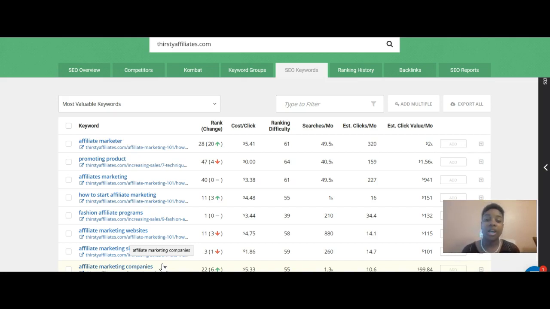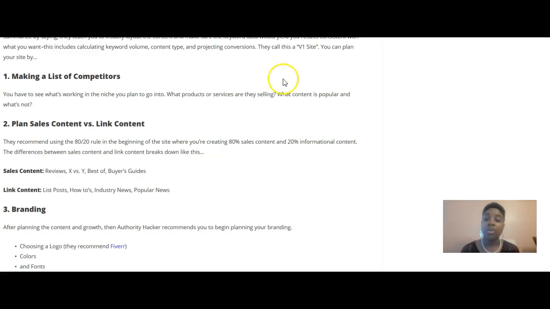All of this can help us to really build out a site plan and decide how we're going to go forward and make an income from our site. So after you do this, where you're making a list of your competitors and you're assessing what products or services they're selling and what content is popular and what's not, then you would go into planning your sales content versus